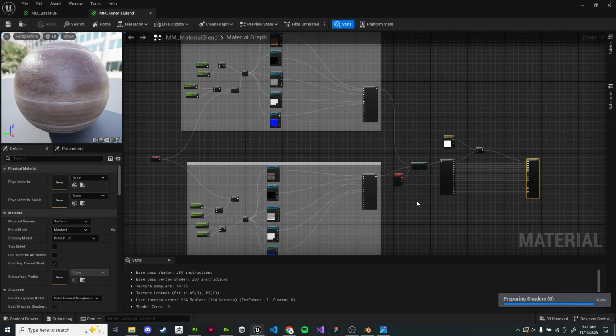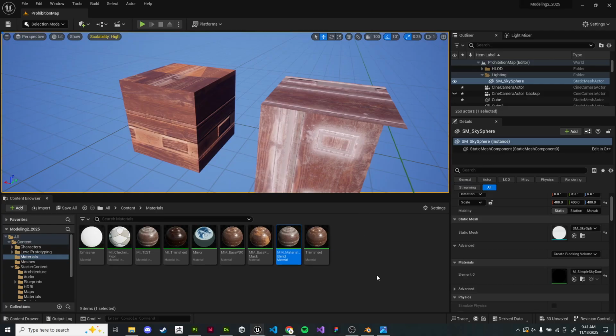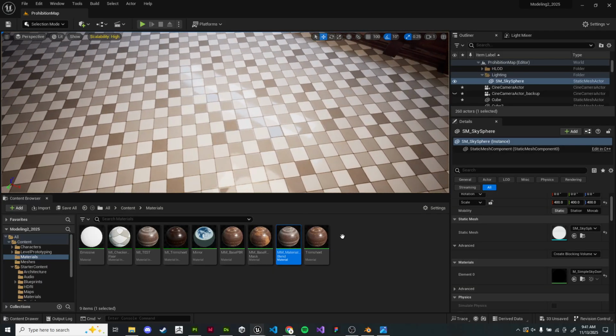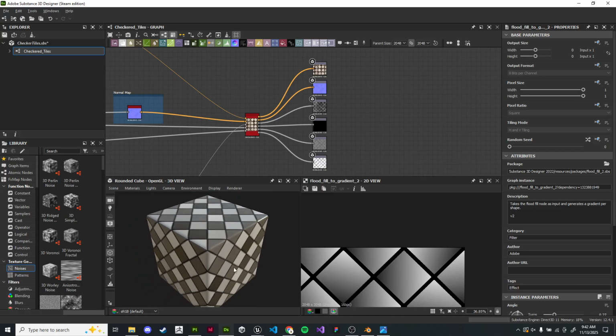This master material is quite simple. You can follow along with making it in the async, but the idea behind the material blend is we're making a lot of these textures and things in Substance Designer. I've made these checkered floors, for example. You guys have made some kind of designer material, and you have a base to work with. But let's say I want my scene to be weathered, right? We talked about this is going to be some kind of scene. Maybe there was a fight here, something broke out, right? So these tiles, they shouldn't be perfect. I'm probably going to see some damage and things like that. In the class, I think I did make some rudimentary damage type stuff, but here I want to accentuate that even further. So in Substance Designer, maybe here we can go in,